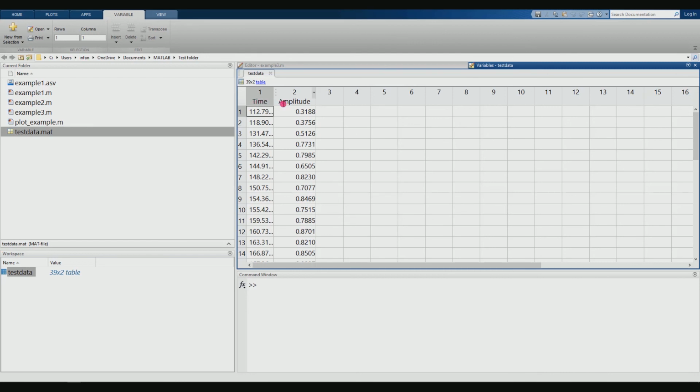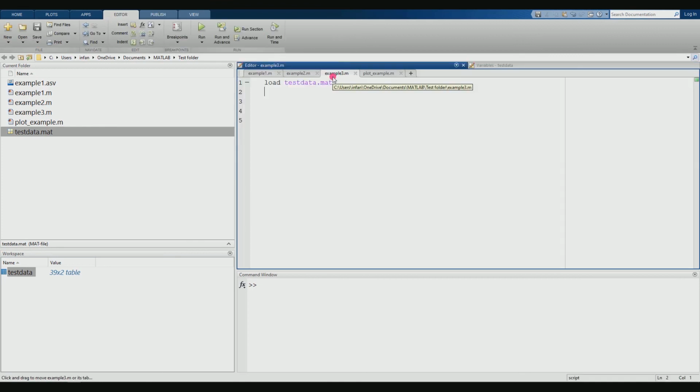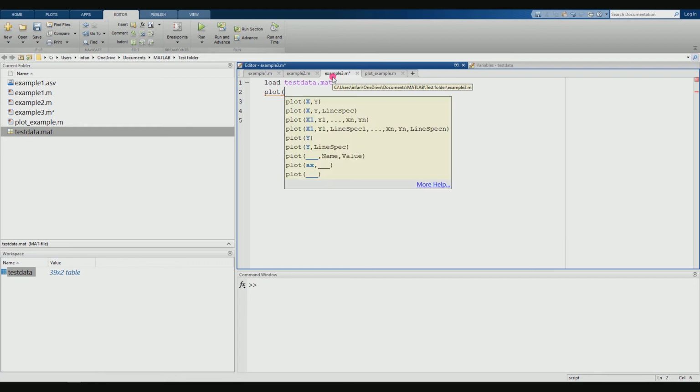We are going to call this table inside the plot, and using that we are going to use the plot function. So let me type the syntax. The syntax is same, plot, open the bracket. The file name is test data. Now we have to call the data set which is saved under the column time. The syntax is you have to put a dot, then you have to type the column name.